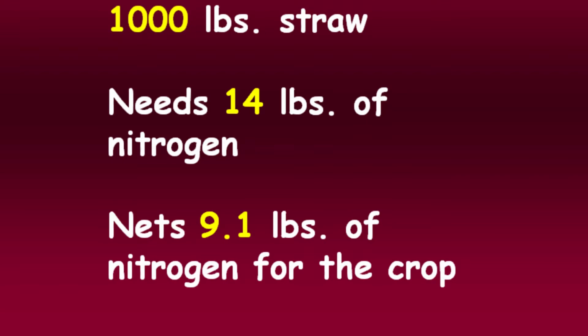Now, I've left out a number of things that modify this number, but for the purposes of explaining and showing how we go through these manipulations, the point is to understand how much I'm going to need to do what task in growing this crop, so I don't drastically overdo it. I see that a lot. Or drastically underdo it, which I also see a lot. Let me give you an example real quick of an overdo.